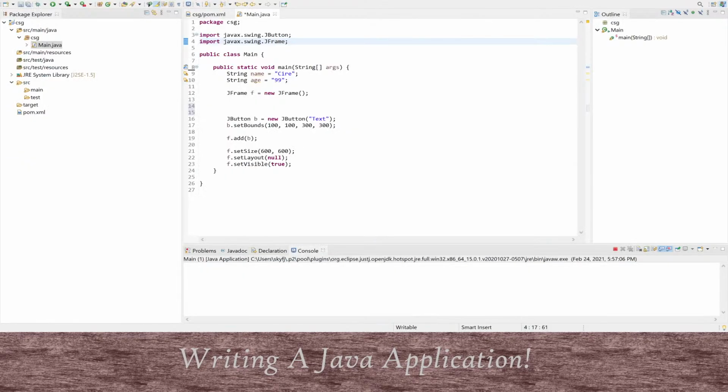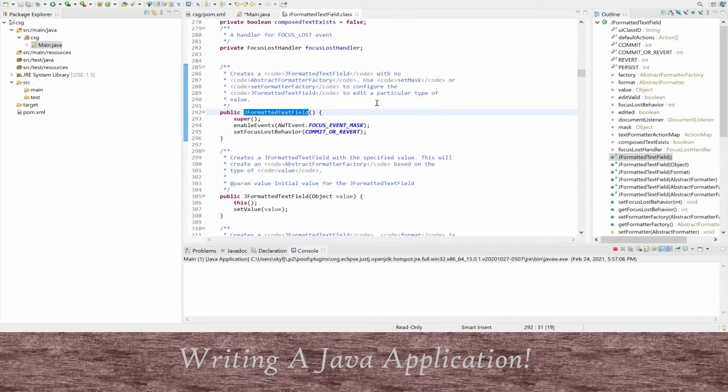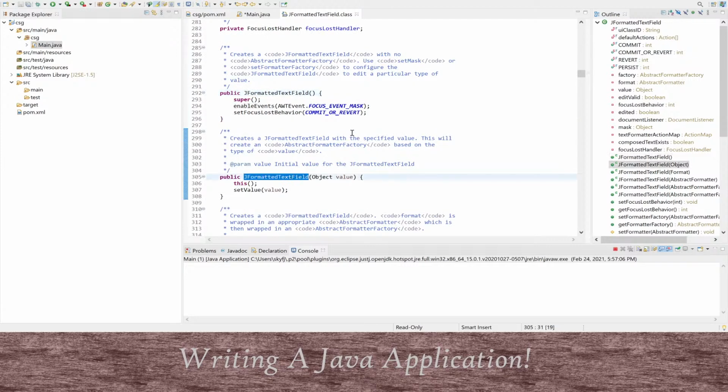put this away, come back over to here, and we're going to get J formatted text field. Text field 1. Make a new instance of this, get our import set, and then take a look at the constructors that are available in here. So by default, we've got it so that enable events, focus event tasks, set focus loss behavior, formatted text field takes in an object,